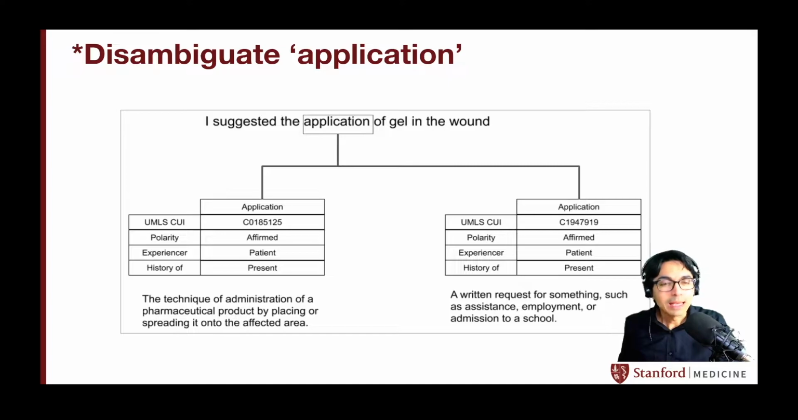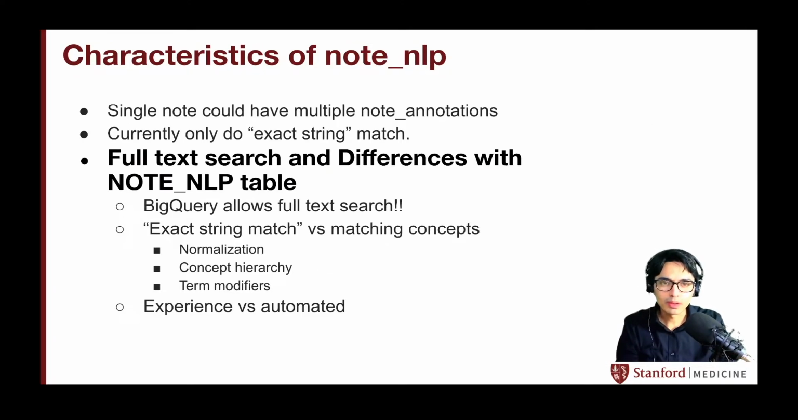In that case, you as a researcher are empowered to select the sense that makes the most use for your particular research application. One of the characteristics of this particular table is that one single node will contain multiple annotations. And the way we're going to provide you high quality data is that we are doing only exact string